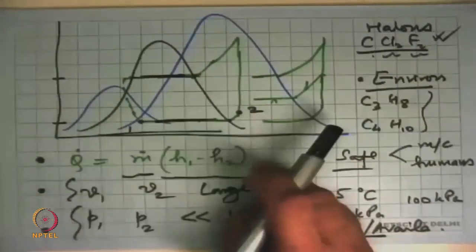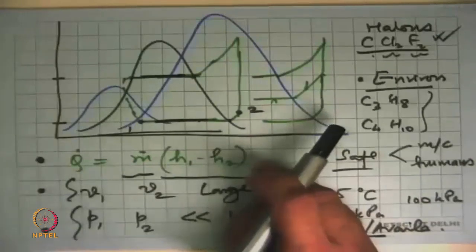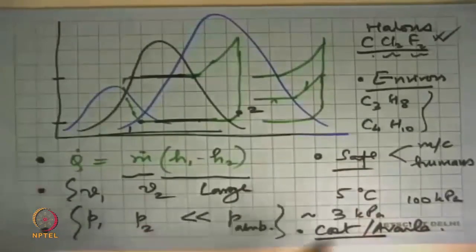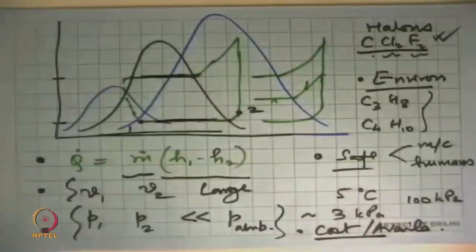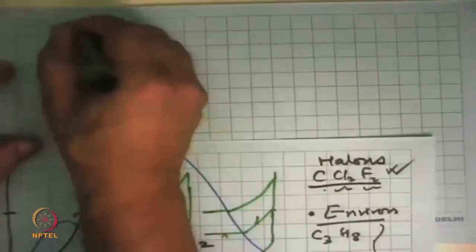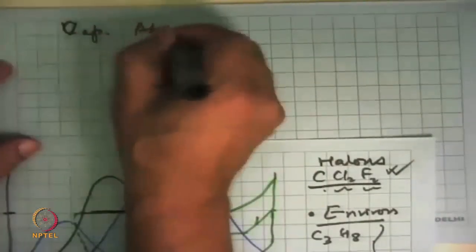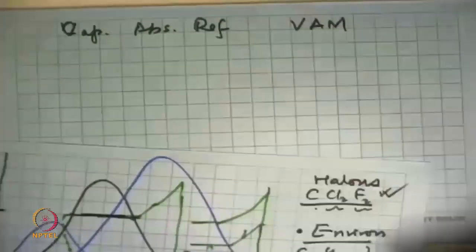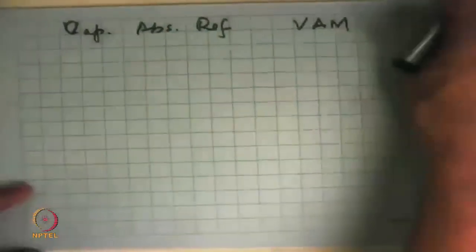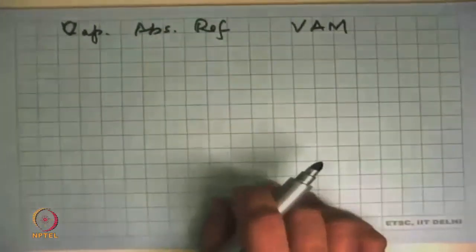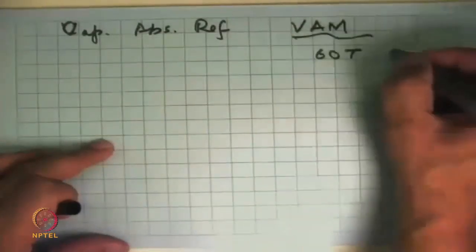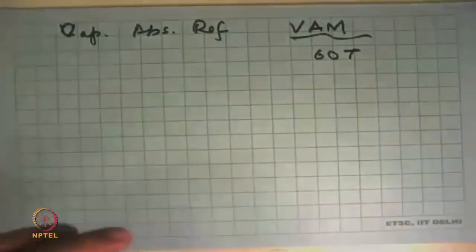If the thermodynamics doesn't make sense, then we are in trouble. We might as well forget that material and go to something else. Before I leave this, let me tell you that water is used as a working substance in a refrigeration machine called a vapor absorption refrigeration system, or vapor absorption machine, VAM. We cannot make very small window AC type units with VAM, but large ones, like 60 tons of refrigeration or bigger, 300 tons, are very much there.